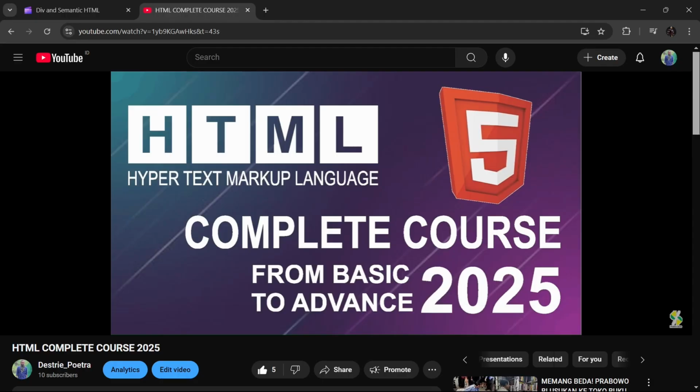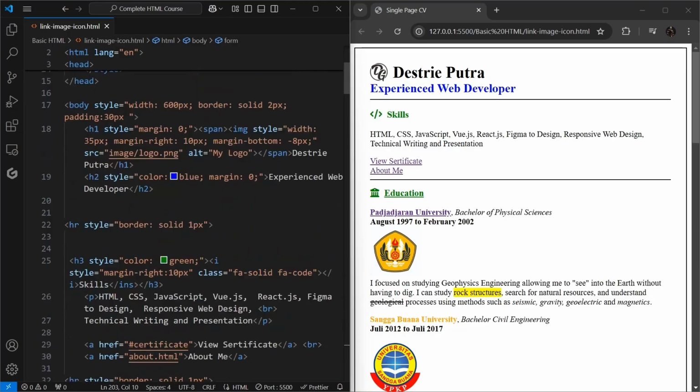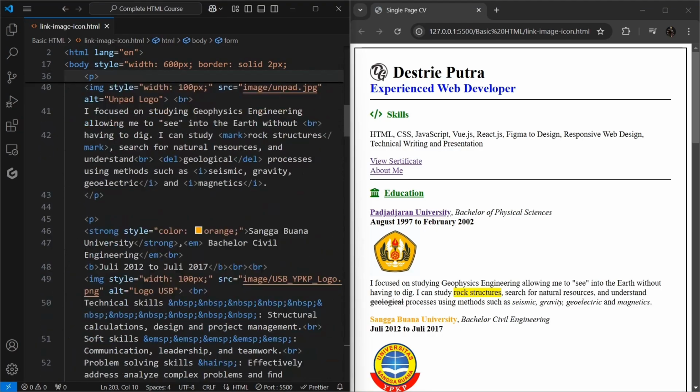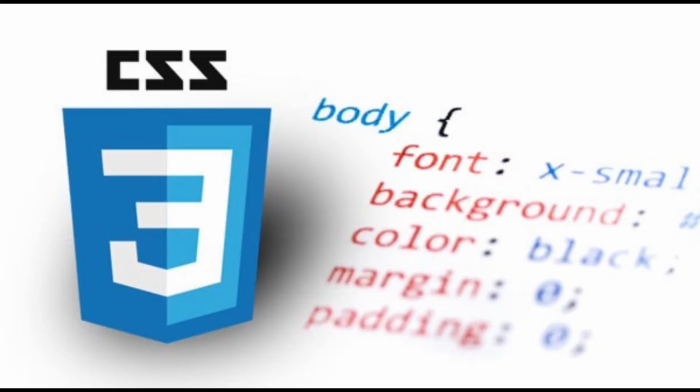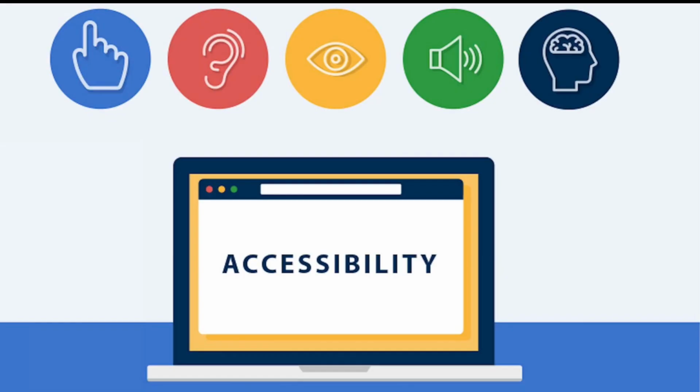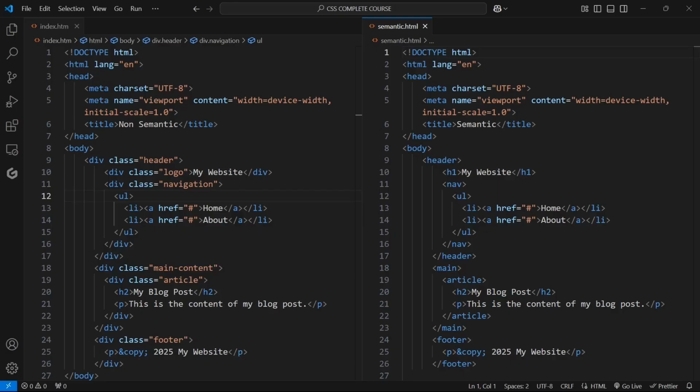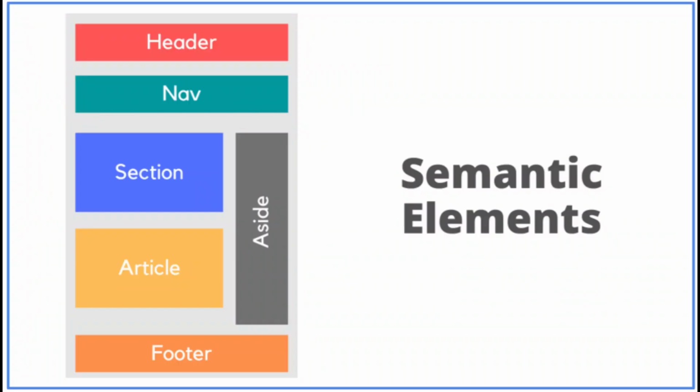In my previous video, the HTML I presented lacked semantic elements. While simple pages can function without them, Semantic HTML becomes essential as complexity increases, especially when working with CSS. It significantly improves maintainability, accessibility, and SEO, not just for the HTML, but for how your CSS interacts with it. Therefore, before we start exploring CSS, we'll briefly review the core concepts of Semantic HTML to ensure we're building on